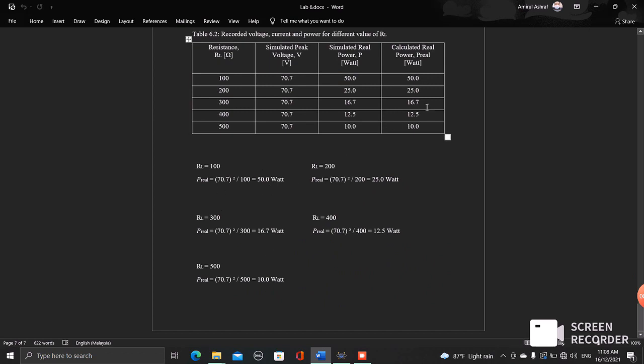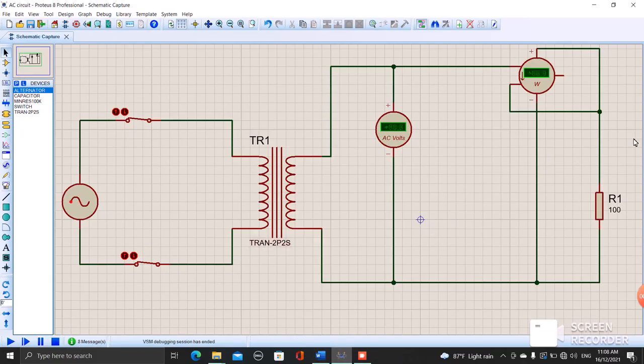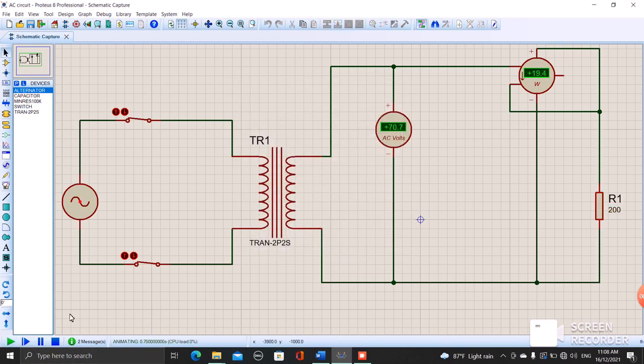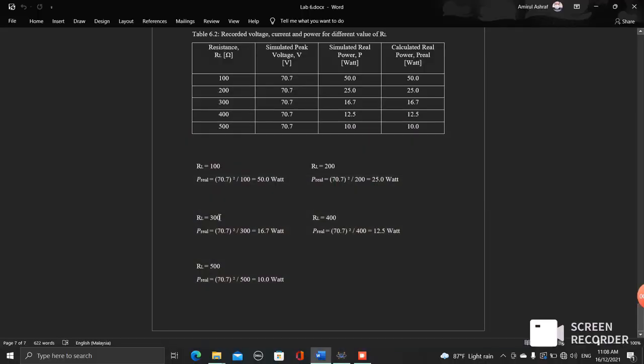For the 200 resistance value, we have to change the value here to 200. Okay, and then we simulate. We also get the same peak voltage, 70.7, and then the real power is 25 watts. We also get the same value when we do manual calculation. We get 25 watts, and the same with 300 resistance, 400 resistance and 500 resistance, we get the same